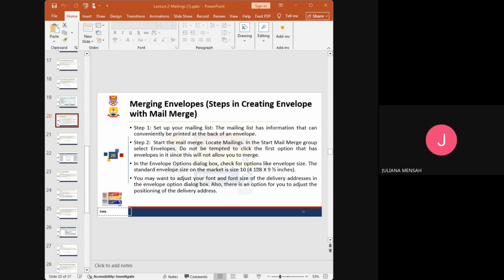I am using size 10. Size 10, 4 1/8 by 9.5 inches. That is by default. That is what I have here. So I will take it. But you can as well, because you are going to type